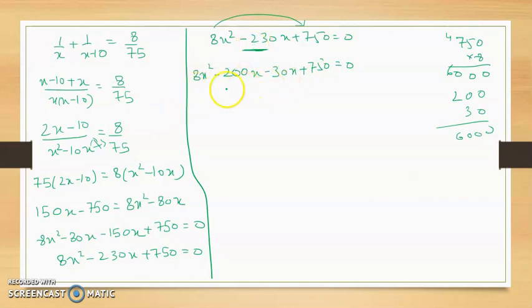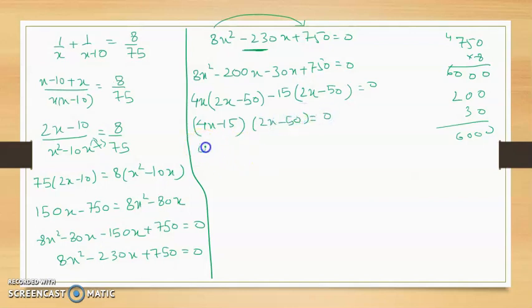So from here what can I take common? I can take 4x common, so here it will be 2x minus 50; 4 fives are 20, 400, right. Minus, from here I can take 15 common, so 2x minus 50, plus minus 30x, right, minus minus plus 15 into 5, 75 and 0, 750, correct, is equal to 0. So (4x minus 15) and (2x minus 50) is equal to 0.